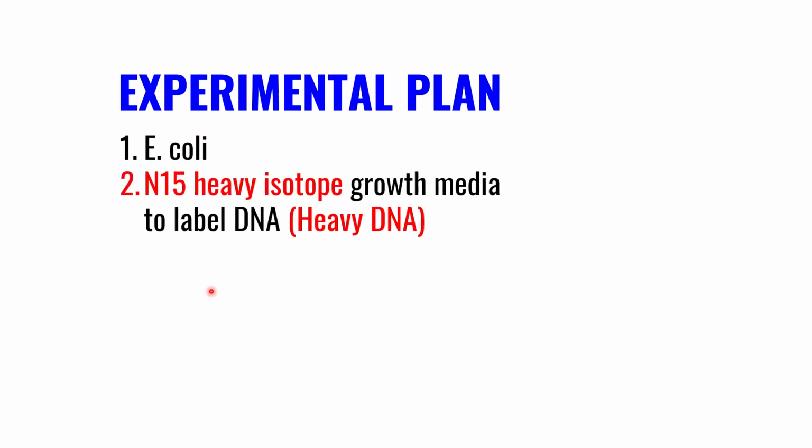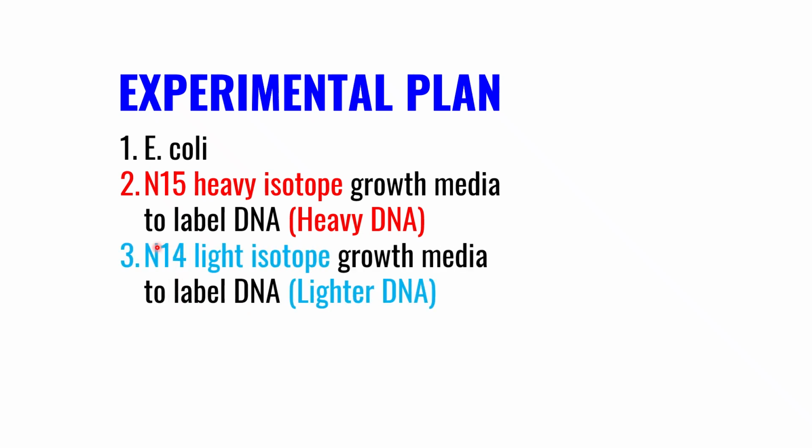Before describing the experiment in detail, let us review the components of the experiment. The first one is E. coli bacteria. To label its DNA, they grew bacteria in the growth medium containing N15 heavy isotopes. In this condition, the DNA will be labeled with heavy isotopes, and therefore this will be heavier DNA or dense DNA. In a separate batch, they grew bacteria containing N14 light isotopes of nitrogen in the growth medium to label